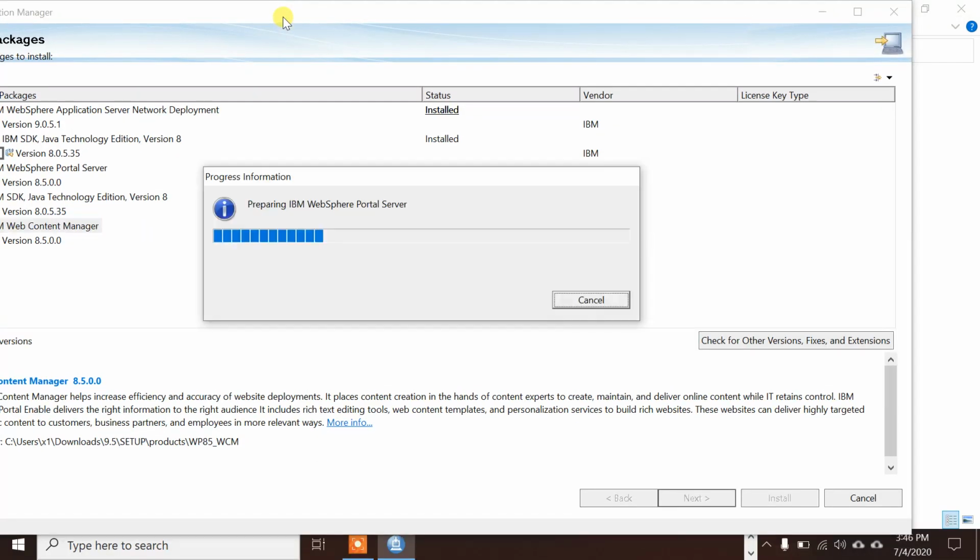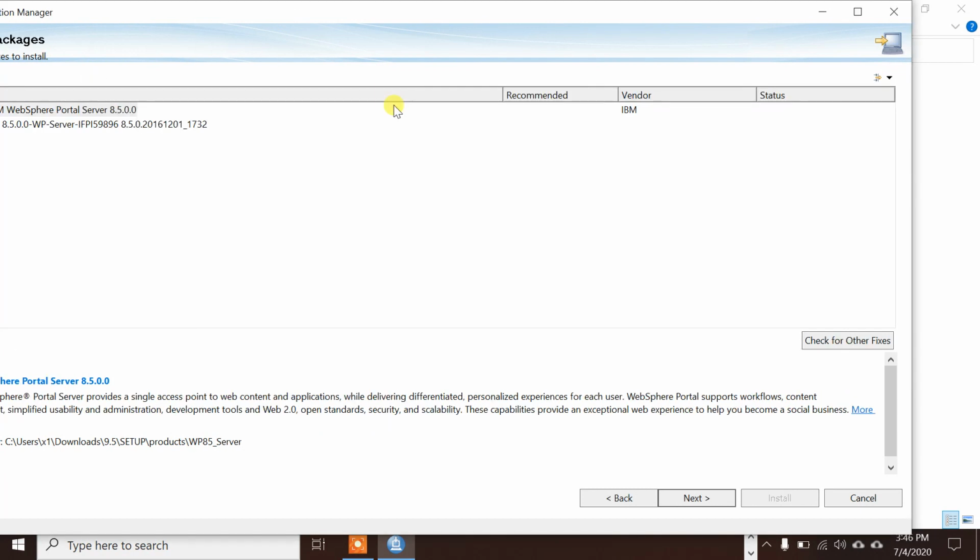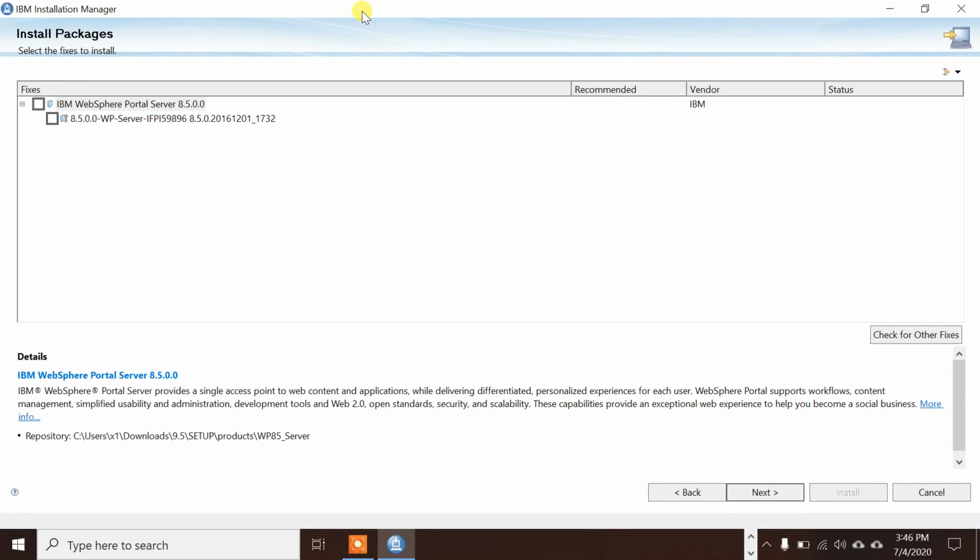Alt N. Okay, so here it says the interim fix. The interim fix is ending with 896 and it is applying to Portal 8.5. If we apply this interim fix, then only will Portal 9.5 go smoothly and not throw any unsupported OS error. Strangely, the unsupported OS error you can resolve in only this one way. Okay, so I'm installing the interim fix now.